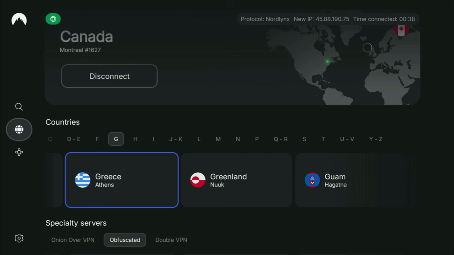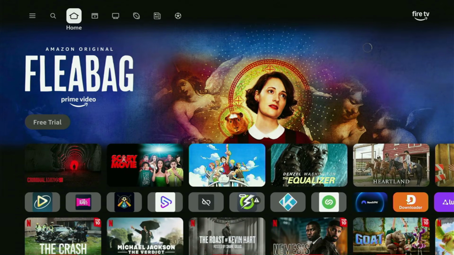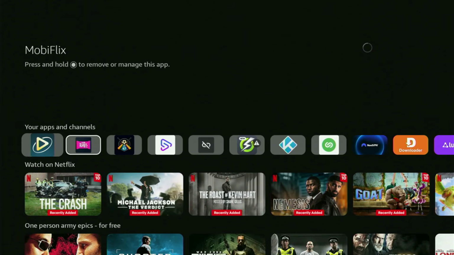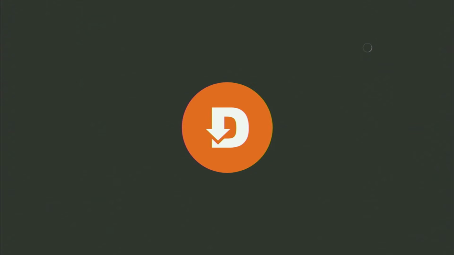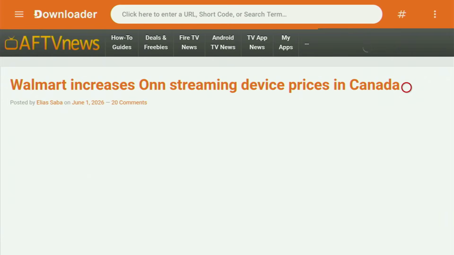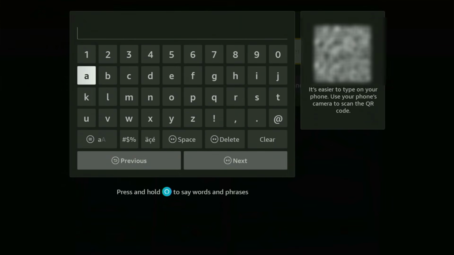And now finally, let's use Downloader safely. So we go back to a list of apps on your device. Here we go. Then let's go to Downloader. Open up that application right here. And now here at the top, there is that search bar. So let's open the search bar. Here we go. And now inside you will need to enter a code. So the code is gonna be